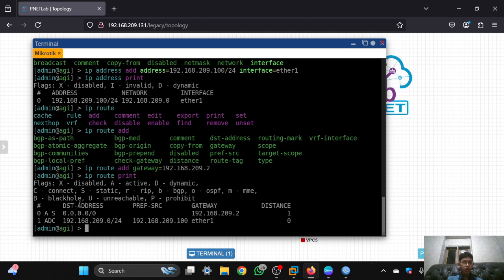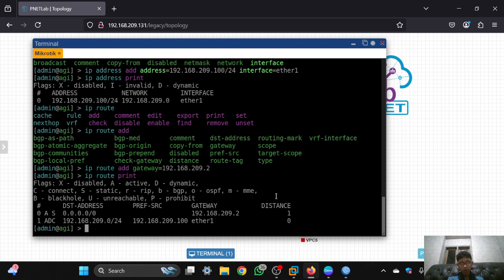If some of the info is not showing in here, you cannot connect to the internet, and the DST address is 0.0.0.0/0, and the gateway is the IP of the DHCP server.